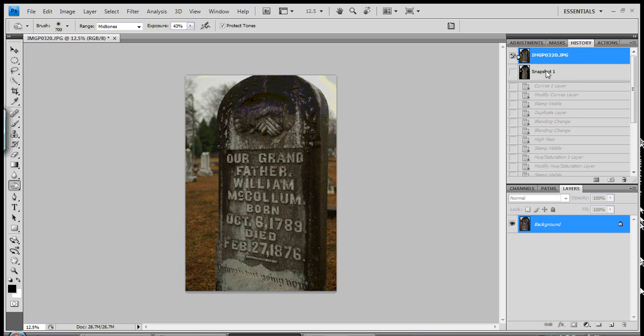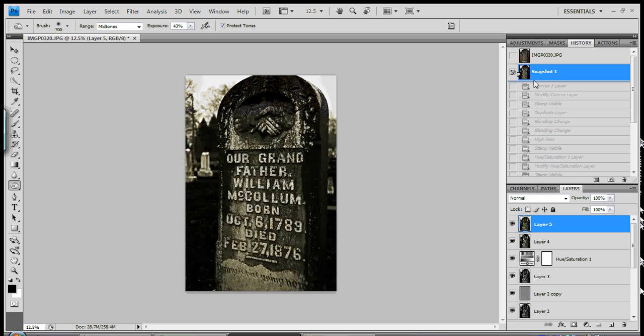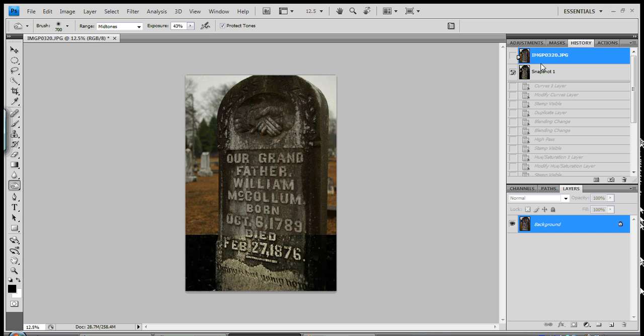We'll move on to our snapshot, which is a very strong image, and it's much, much creepier, and it's more of a movie effect, almost a 300 effect. So there's the original,